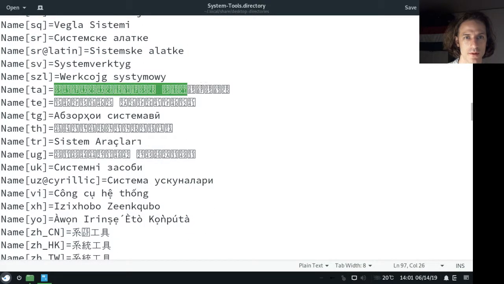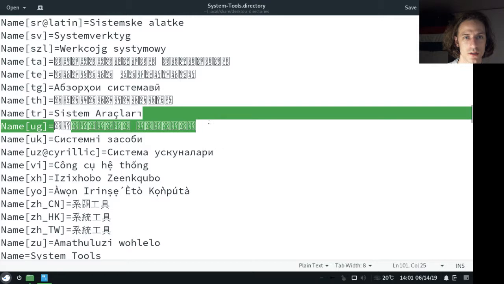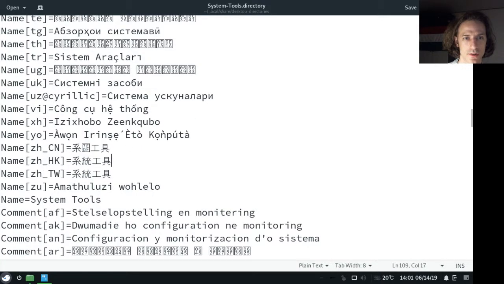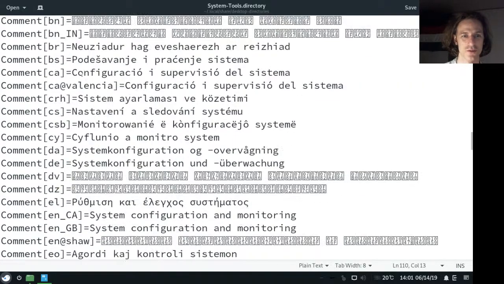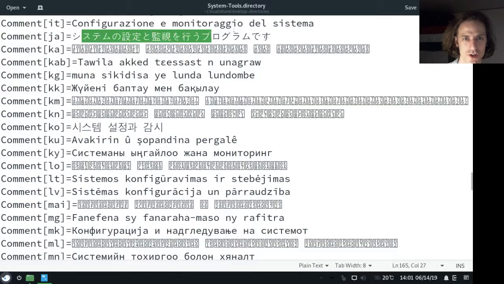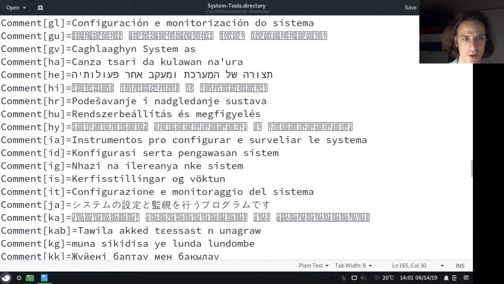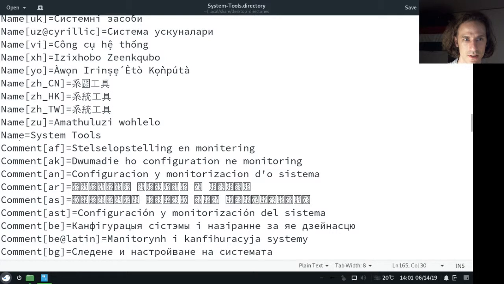Of course we have some fonts that are not installed, and some that are installed. Here you can see the Chinese fonts are not perfectly installed, the simplified ones. Hong Kong and Taiwan use the traditional, and we have the traditional fonts. Here we have Japanese too. Very good. So we have the name and the comment. So this is Name=System Tools. Here you probably don't see it because of the very small letters, but this is in our user